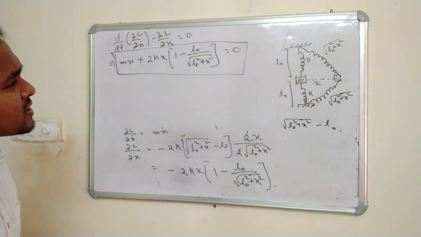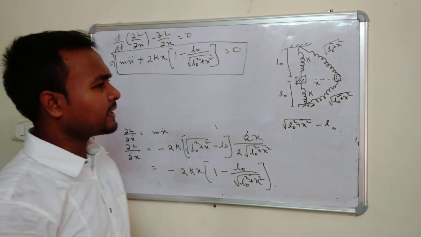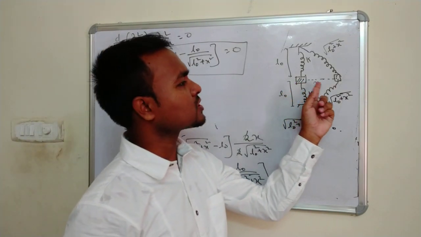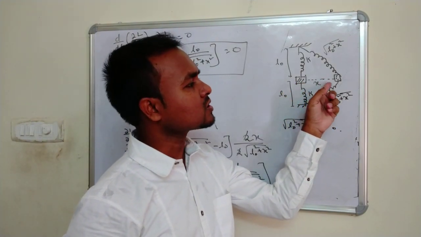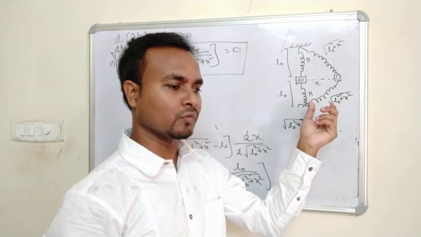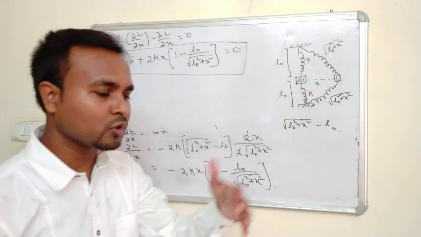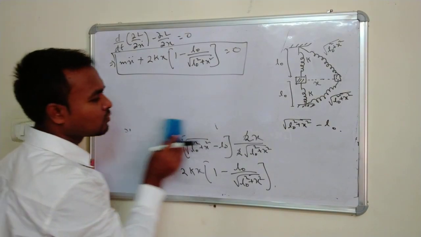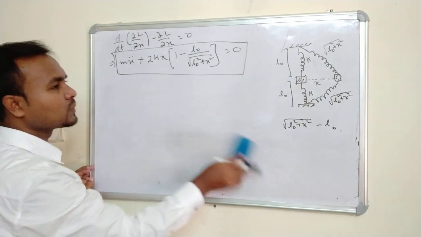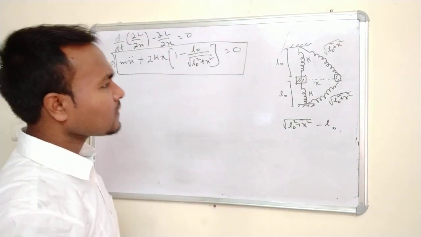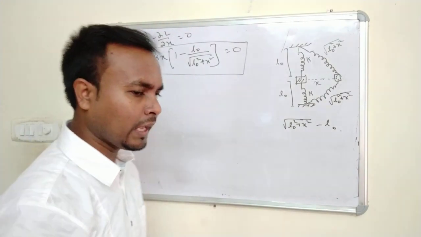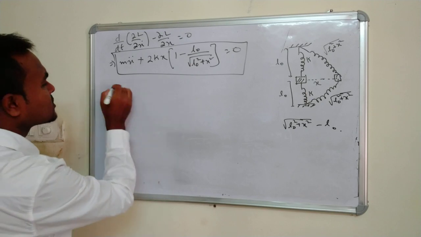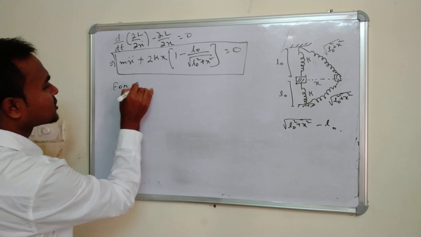Clear? Now you see, if I take this small oscillation, this oscillation is very, very small. So we have to compare with something. For a small oscillation, what will be the expression, whether it will be a simple harmonic motion or anharmonic motion, that we are going to find out. So suppose for a small oscillation,